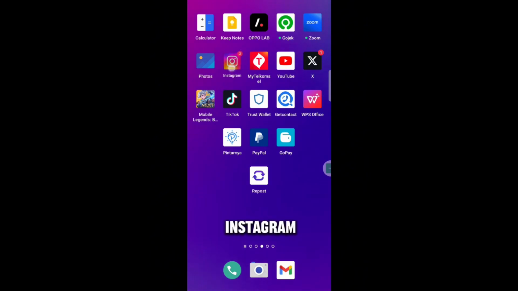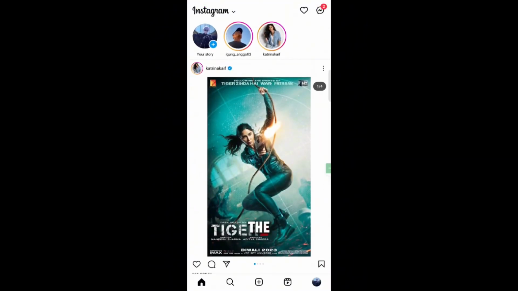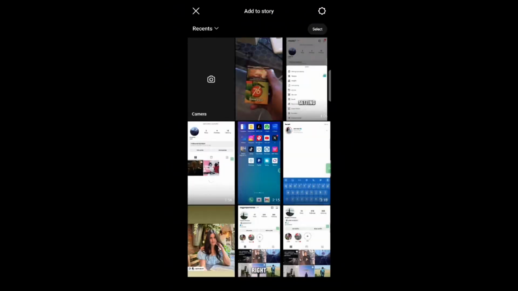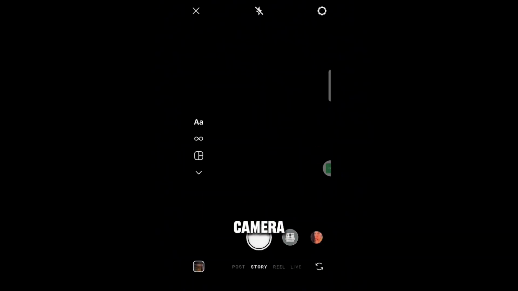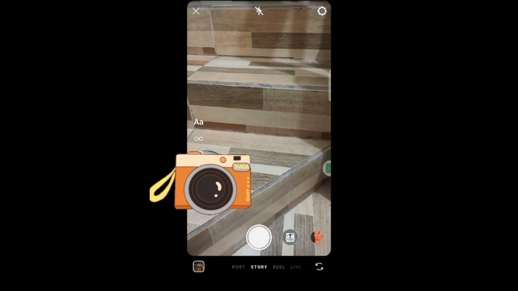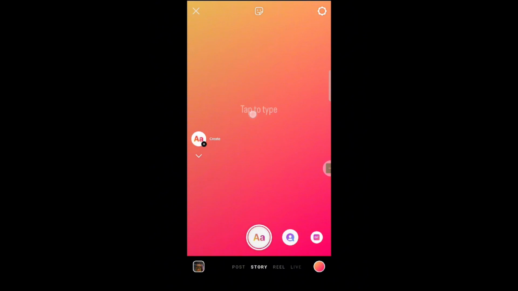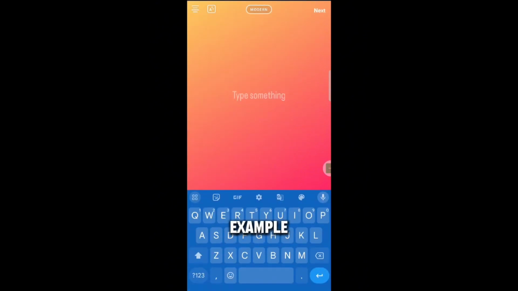Open Instagram, and then go to the story and then choose the camera. After that, you choose, for example, in here how to make a collage on Instagram,